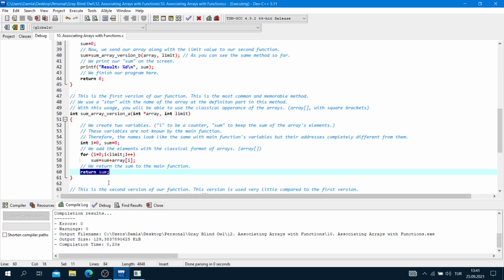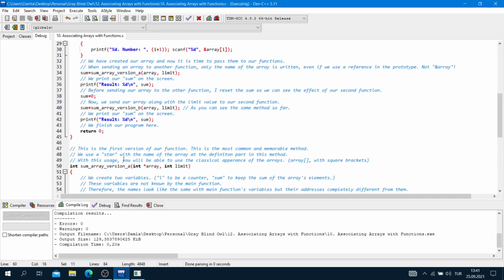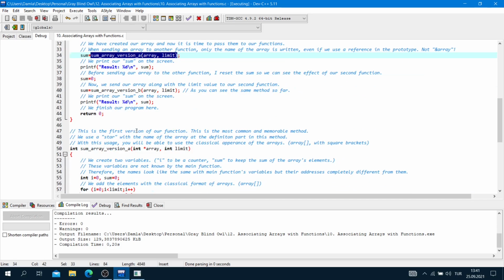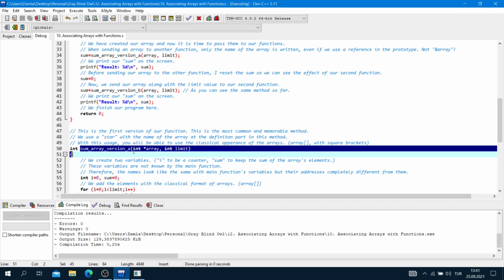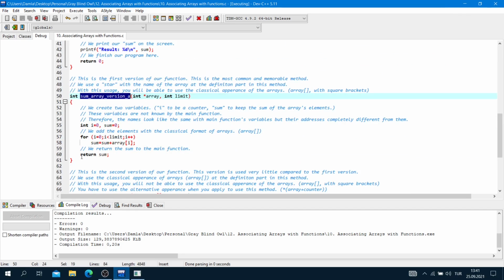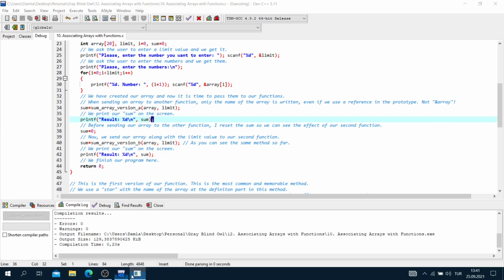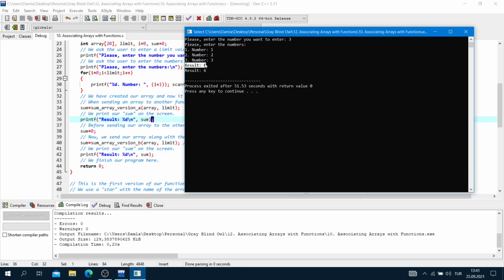We return the sum value to our main function from this function, and we put this sum into this sum. And we print our sum on the screen, printf result percent d, sum and semicolon. As you can see, result is equal to 6.